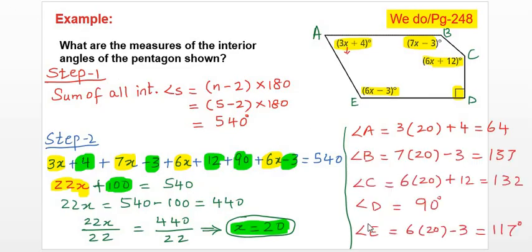So here are all the values of angle A, B, C, D and E. If you want to check that your answer is correct, you can add all these angles: 64 degrees, 137 degrees, 132 degrees, 90 degrees and 117 degrees. If the sum of all these becomes 540, that means your answer is correct. Okay,